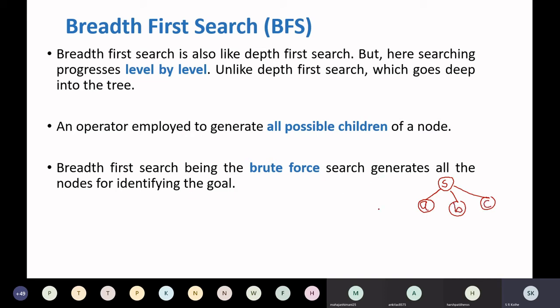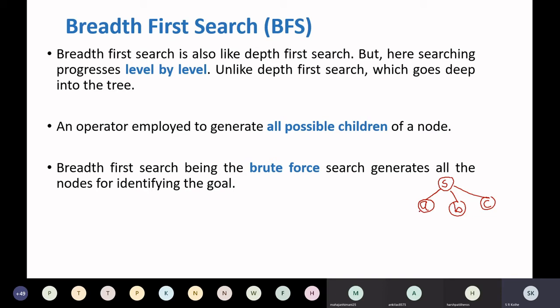Then what will the algorithm do? The algorithm will check all these nodes one by one whether there is a solution or not. So it will check A, B and then C. If one of them is a goal node, then the algorithm will terminate.